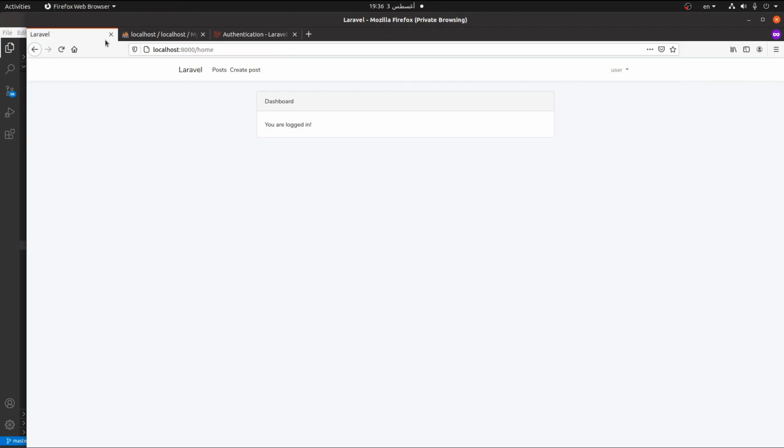Okay, so if we check this, all right, we have beautiful links here, and this one will fire up the index function in the posts controller. If we try it, we will find a blank page which is returning nothing, and also this will return nothing because the route is defined and the function in the controller is defined, but there is nothing in it, so it's not returning an error. Let's now create the create post